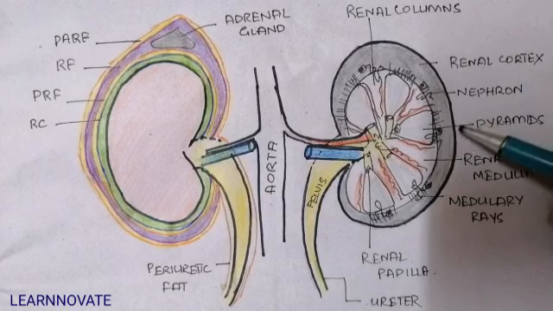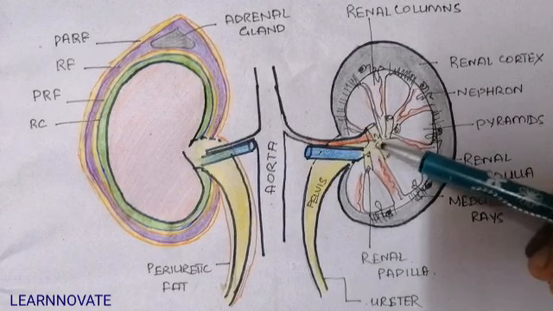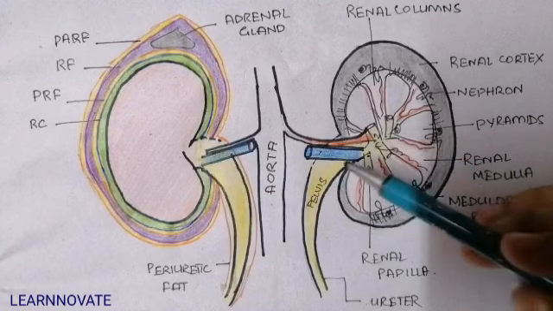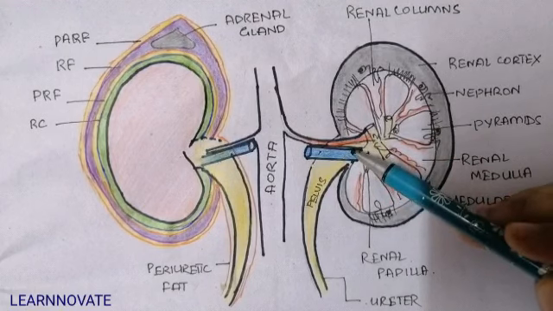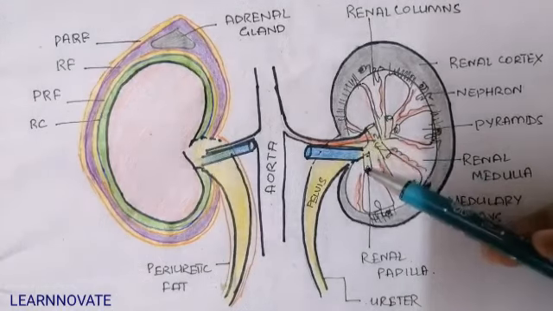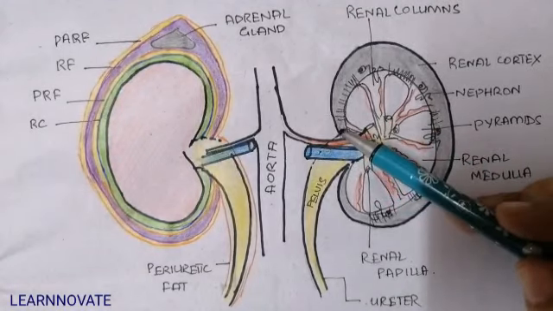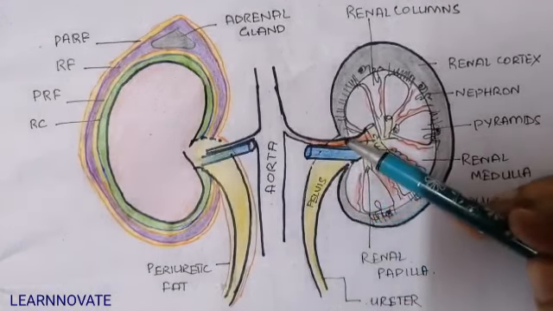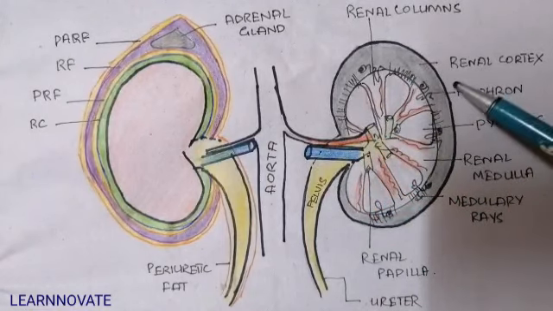Now, in the hilum of the kidney, which is a medial depression, we can see several structures from outside to inside. First is the renal vein, which drains into the inferior vena cava. Then we have the renal artery, posterior to the renal vein, which divides into segmental arteries and supplies arterial blood to the kidney. Posterior to the renal artery is the pelvis of the ureter. So from anterior to posterior we have the renal vein, then the renal artery, and then the pelvis of the ureter. This was all about the internal anatomy of the kidney.